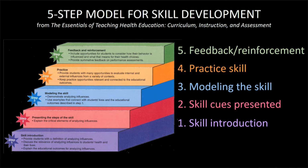The fourth step is when the students get to practice the skill using real life scenarios. It is very important. Remember, the ultimate goal is transfer. We want the students to own the skill, own the learning, and be able to apply it to their own lives in many different contexts and situations. And so as we have them practice the skill, it's important for us to try to give them as many real life situations as possible and to make sure that those situations cross the different health domains so that they don't think of refusal as only something I do with drugs. They understand that refusal could go with peer pressure, refusal could go with alcohol, it could go with so many other things. And so we want to strategically try to promote that transfer by giving them situations that cross different